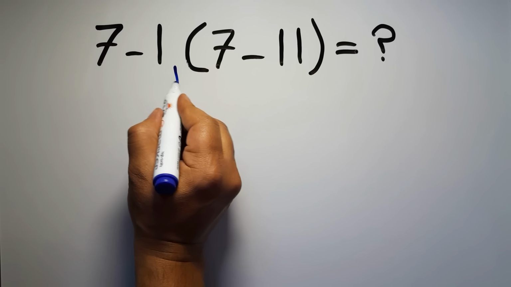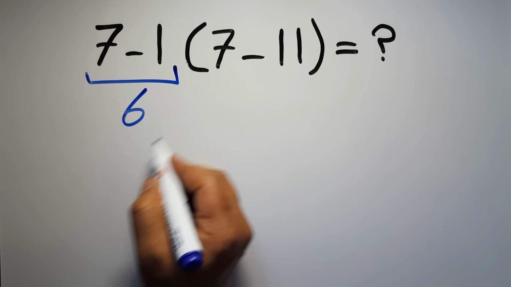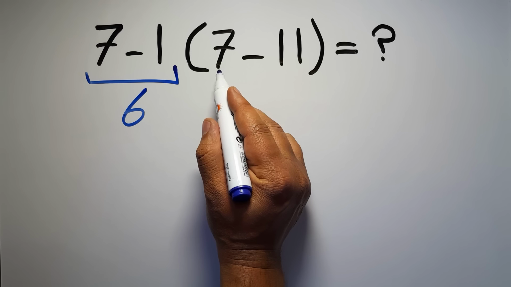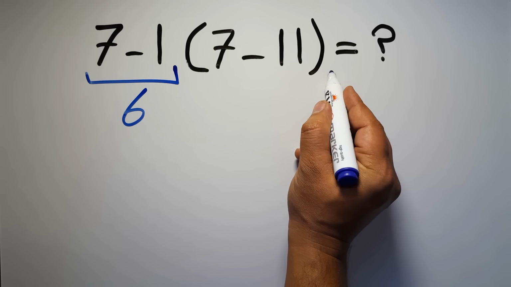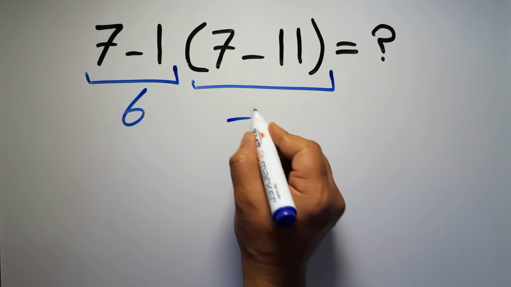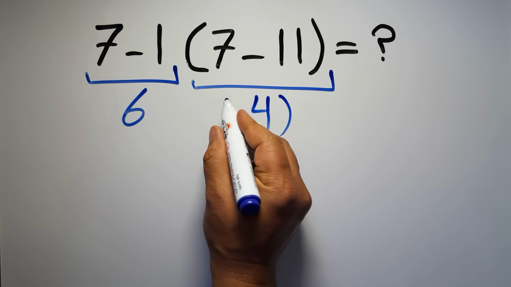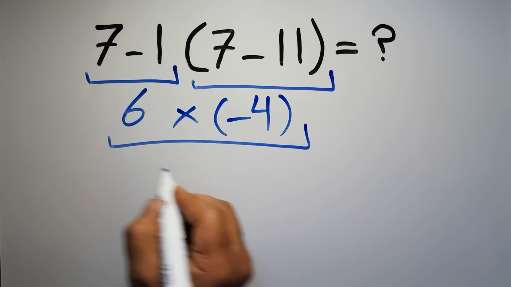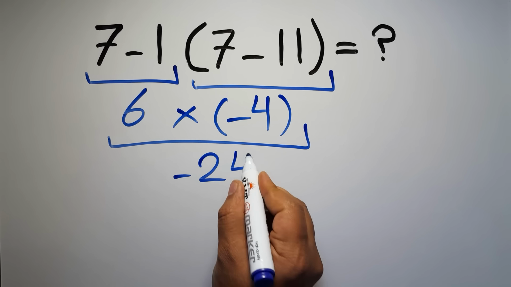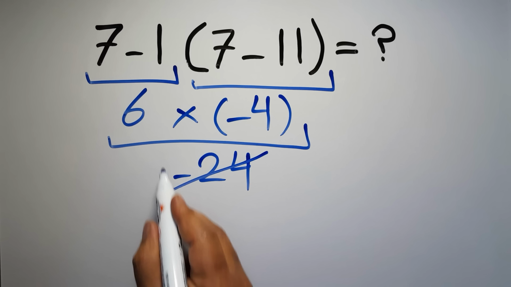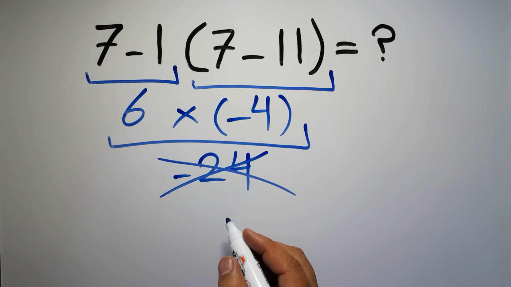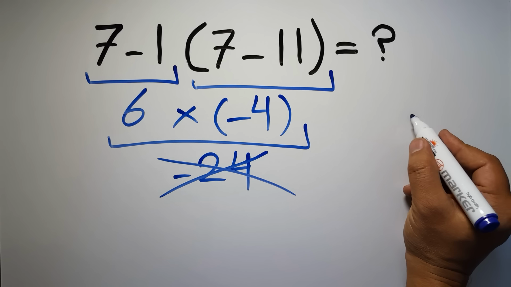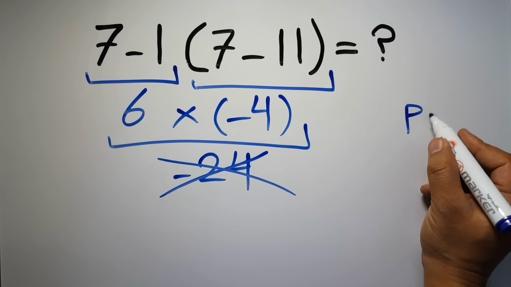7 minus 1 gives us 6. And here inside this parenthesis we have 7 minus 11, which equals negative 4. So 6 times negative 4, which equals negative 24. But this answer is not correct, because according to the order of operations, first we have to do parentheses, then